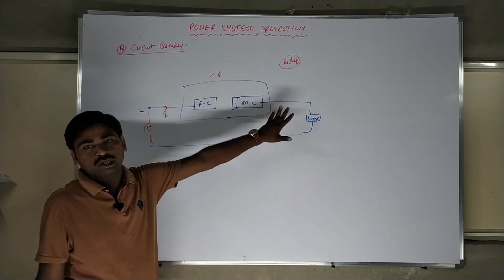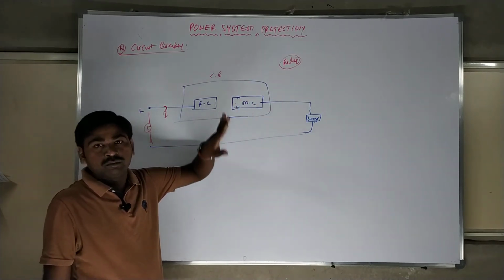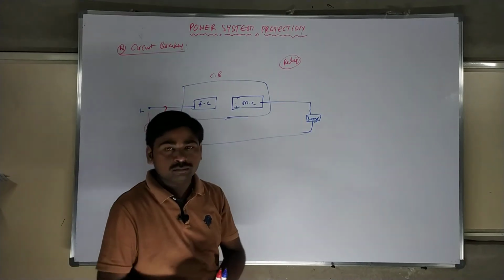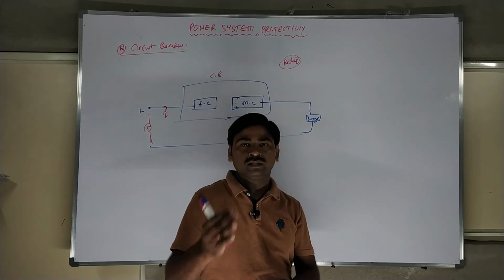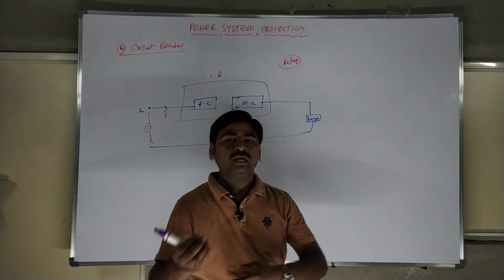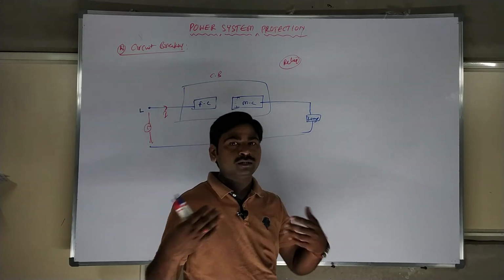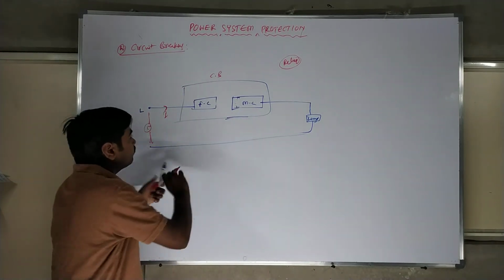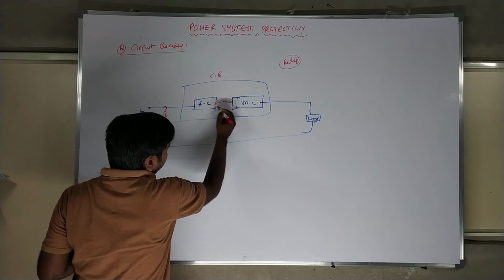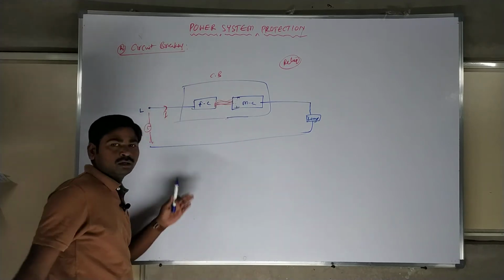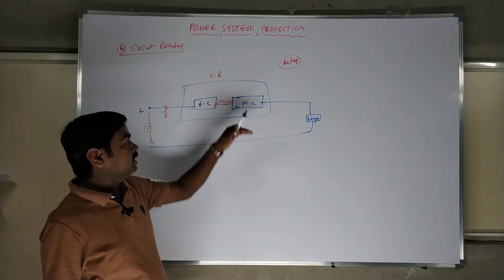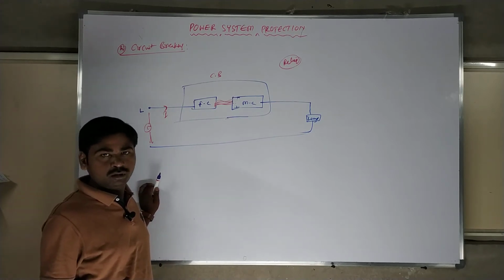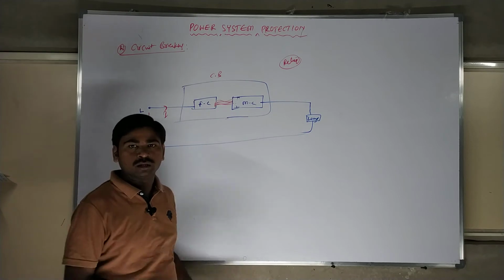The relay will give the trip signal to the circuit breaker. It means the relay should sense the problem. If we have a problem in the transmission line, the relay will sense it and give a trip signal. If the circuit breaker understands there is a problem, it will start opening. In between, arc striking will take place. Sometimes due to the arc, current may again go into the load, sometimes a small amount of current. That is called arcing phenomena, which we will discuss in the next coming video.